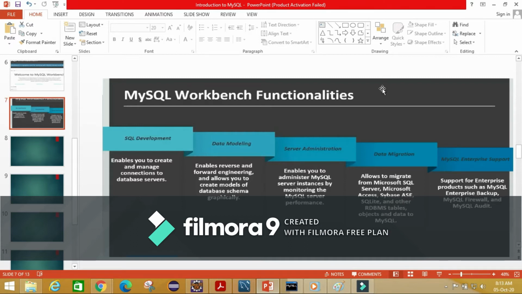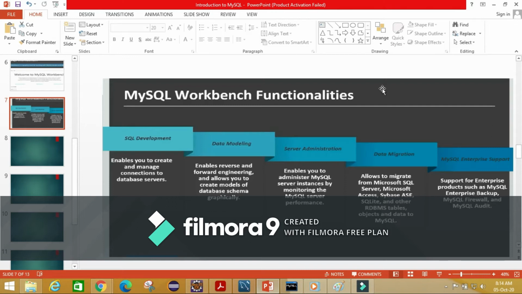Okay guys, the basic requirement to install MySQL Workbench is that you should have MySQL installed on your system. MySQL Workbench is available for many operating systems; you can download it for Linux, Windows, and Mac.